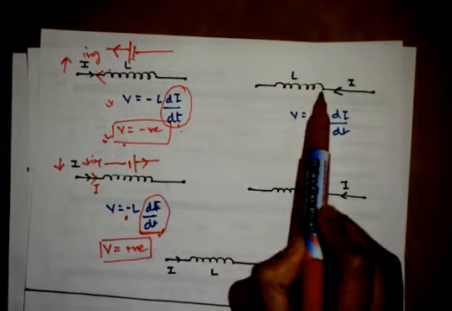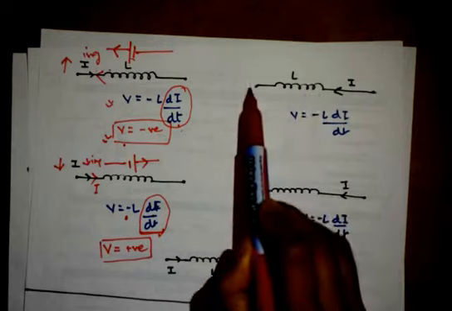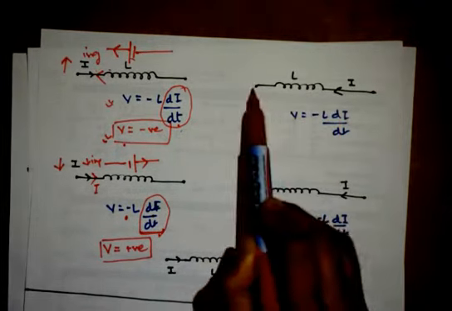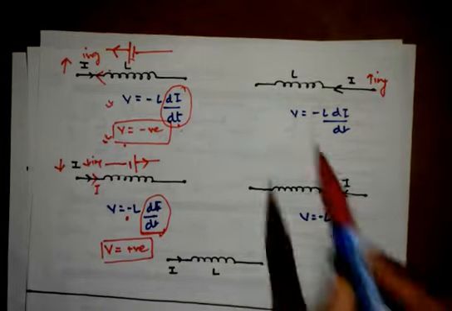Here we have a solenoid and the current is flowing in this direction, that means from right to left this time. And here the current again is an increasing current. So what will be the direction of the current which will be induced in this case?